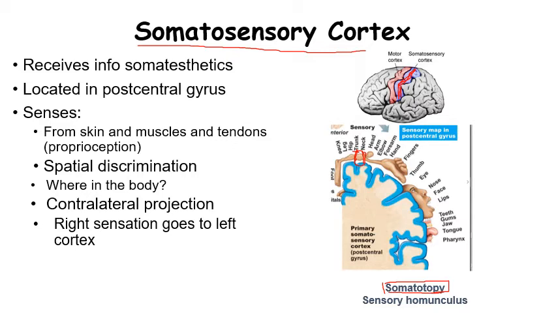Whereas my hand, which is much smaller in physical size, you can see I have a much larger area of the somatosensory cortex devoted to it, and that's telling me there are many more sensory receptors and neurons devoted to my hand region, the fingers,